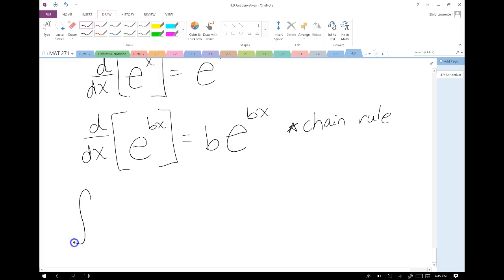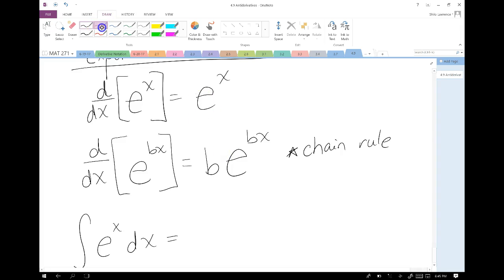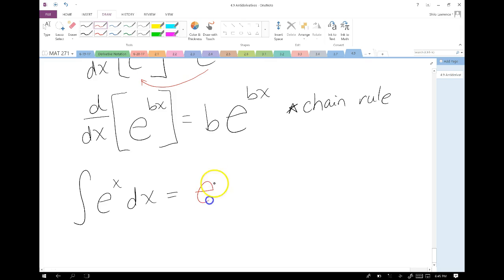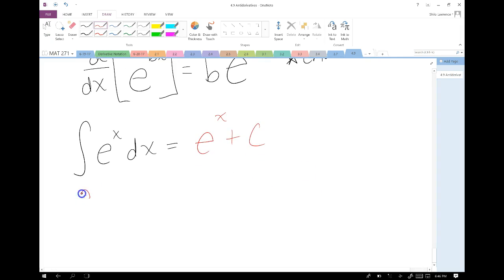So if you were asked for the antiderivative of e to the x, just a regular e to the x, that's like going in this direction. For the regular e to the x, it's just e to the x. But if they want to start throwing some numbers there in the exponent, let's say e to the 9x,